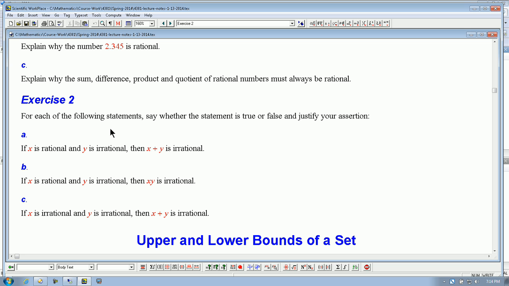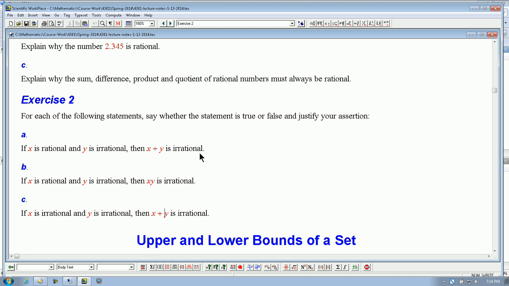For each of the following statements, and we're going to vote on these, say whether you think it's true or false. If x is rational and y is irrational, then x plus y is irrational. True. How many people are voting true? I've got a certain number of votes. Who's voting false? I've got one vote. Okay, I think I'm going to call upon your proof first. Give an example. Or I mean, honestly, I wouldn't know an example right offhand, but you know, since you feel in your bones that I've got a sneaky example waiting to give you.